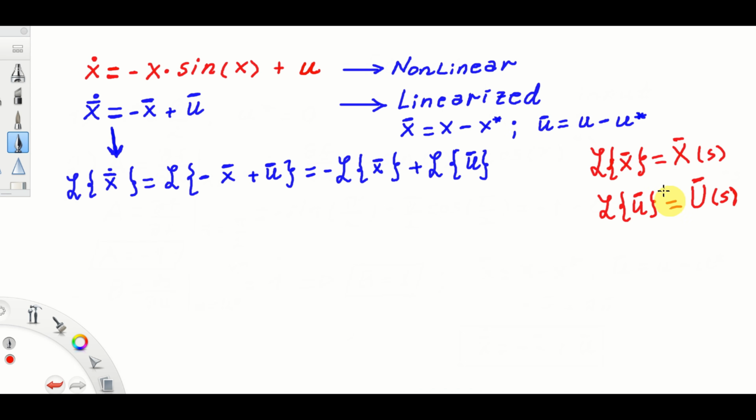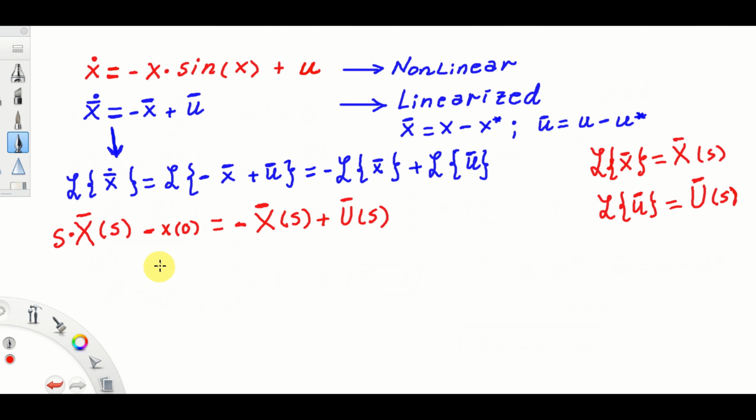If we now substitute these values over here, we obtain x bar of s multiplying s, that's precisely the Laplace transform of this term, and of course we have the initial condition in the time domain, equal to minus x bar of s, that's the Laplace transform over here, plus u bar of s. Now, since the transfer functions are defined for zero initial conditions, the initial condition can be neglected,